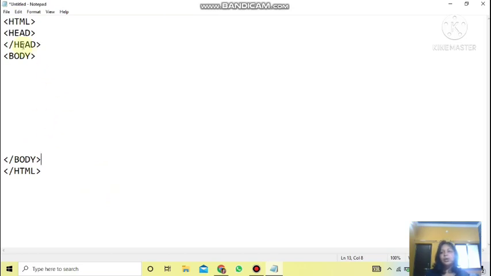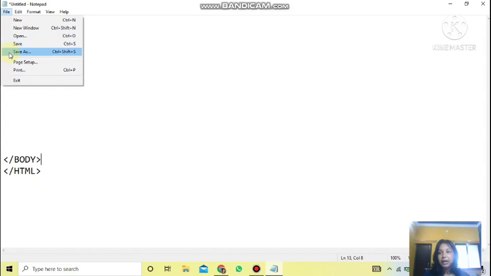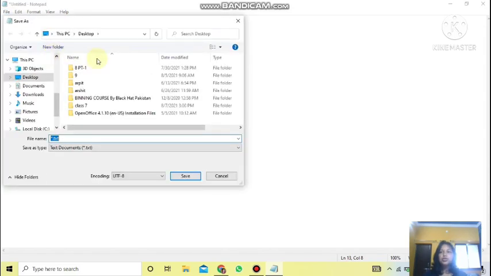Now, if you will save it, how to save and create it, go to File, Save As, and choose the location where you want to save. Right now, I am at the desktop and my file will be saved on desktop only. But it will be a text document. Can you see the TXT extension? All the text files which you create in Notepad will be saved with the TXT extension by default.